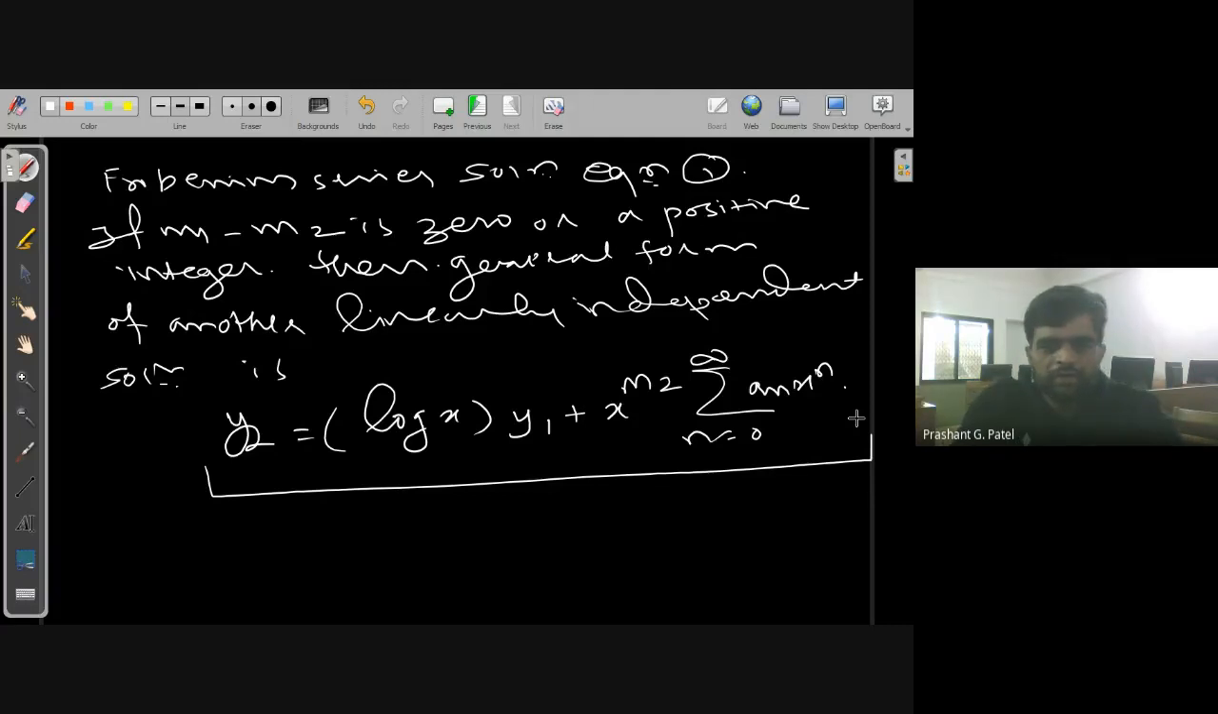So it says that if this difference holds, then in the previous theorem we discussed how to calculate, and the general form is given in this form. Exactly this y2 can be calculated this way. So it is log of x into y1 plus whatever the other series solution is there. So